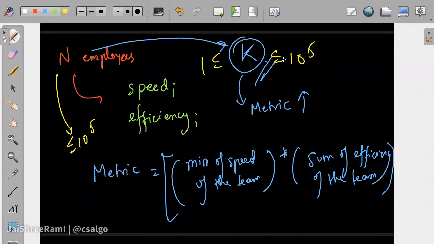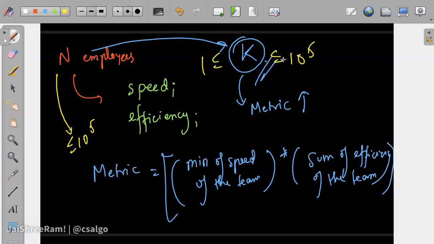So we will try to iterate on every person being the slowest person in the team, and we will try to find out what is the maximum efficiency in that particular case.